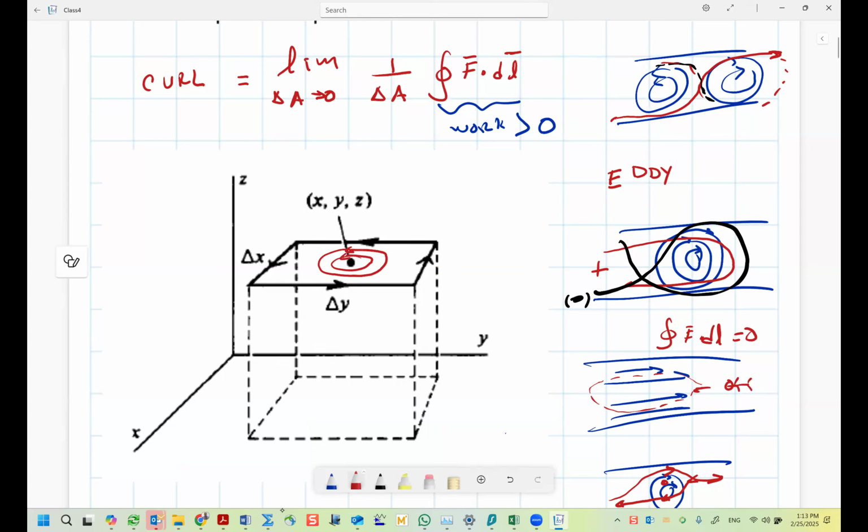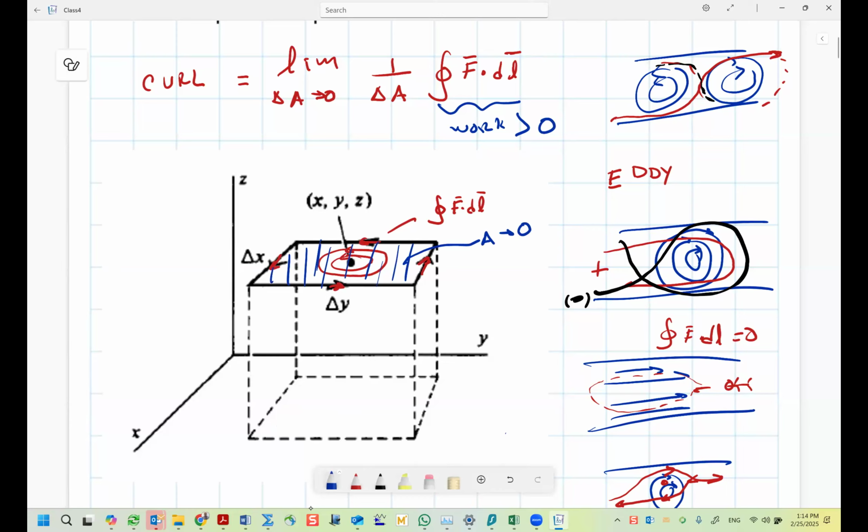All right. So therefore, we're going to do this. We're going to do the integral around this path that covers the point. Okay, and at some point, so we do the work integral here. So we're going to do the work integral of F dot dl, just to determine if there is a whirlpool in that region. But then we're going to say when the area described by this thing, in fact, it's the other area, but I don't want to put so many lines. But let's say this area, when the area described here, we tend to zero,